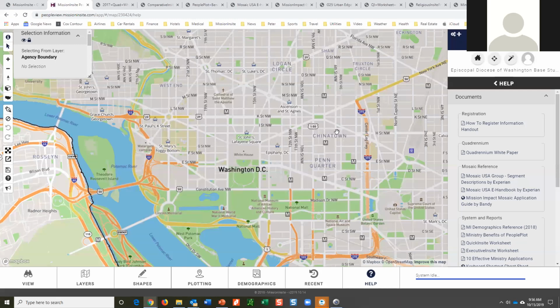Yes, correct. The diocesan level staff can see all the plots, but the only way that a diocesan person could see the names is if the diocese agency administrator gives them church admin rights to that church.